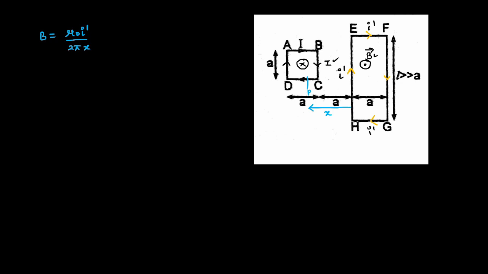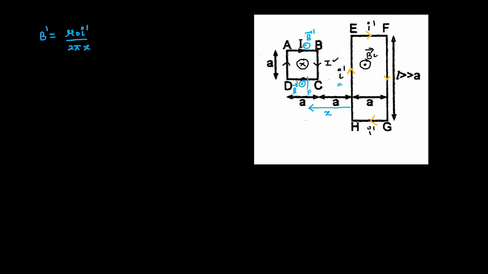So the magnetic field at this side because of this current carrying wire would obviously be upwards. This is the magnetic field B dash because of this EH current carrying wire. Okay. So I'll be just writing like this just for symbolic representation. B dash is different from the magnetic field produced by the ABCD coil itself. Now this is B dash, mu naught I dash by 2 pi x, and also F and G will also produce a field,